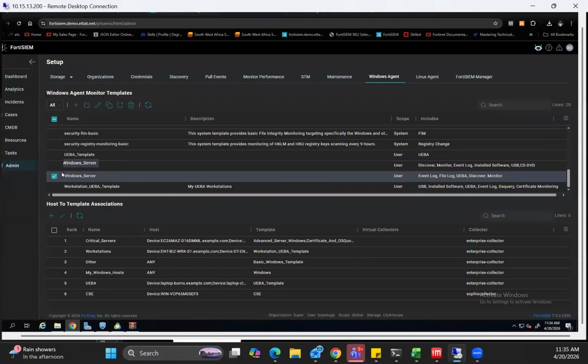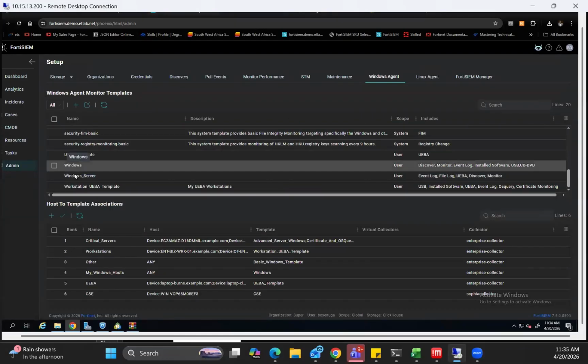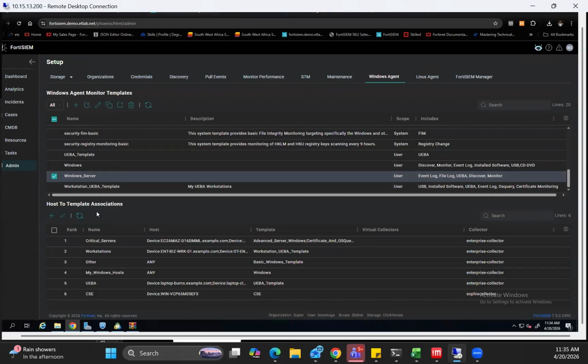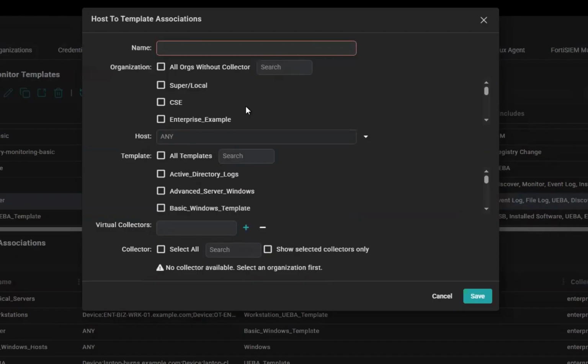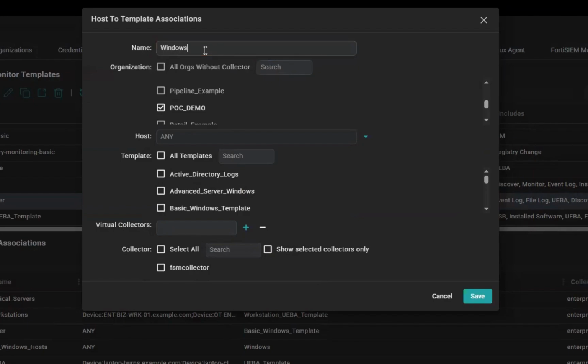So come to Windows Server. So under these host to templates, we had our hosts. So we have, okay, select the organization, which is POC demo, Windows Server. Then select the template,